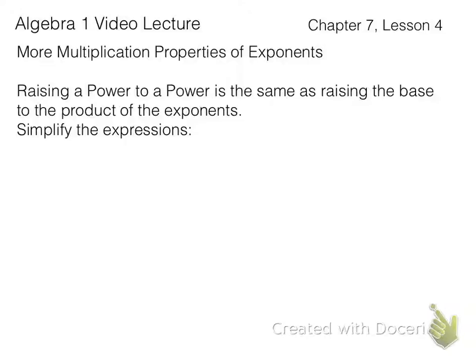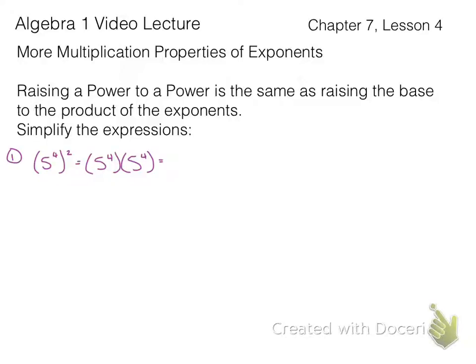It's the same as raising the base to the product of the exponents. So here's an example. We have 5 to the 4th to the second. So 5 to the 4th is being raised to the second power. That's what we call raising a power to a power, because 5 to the 4th is a power, and 5 to the 4th to the second is also a power. So what you can do is write it out in expanded form, which would be 5 to